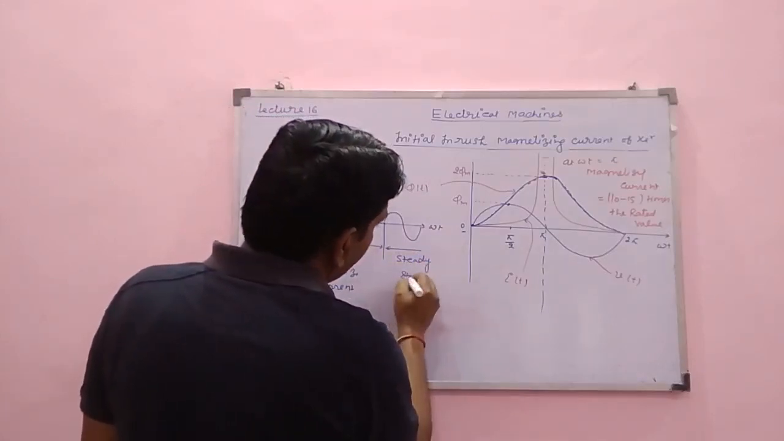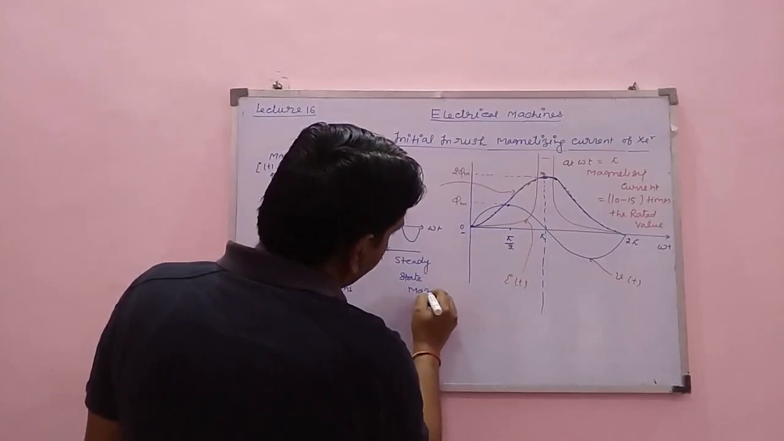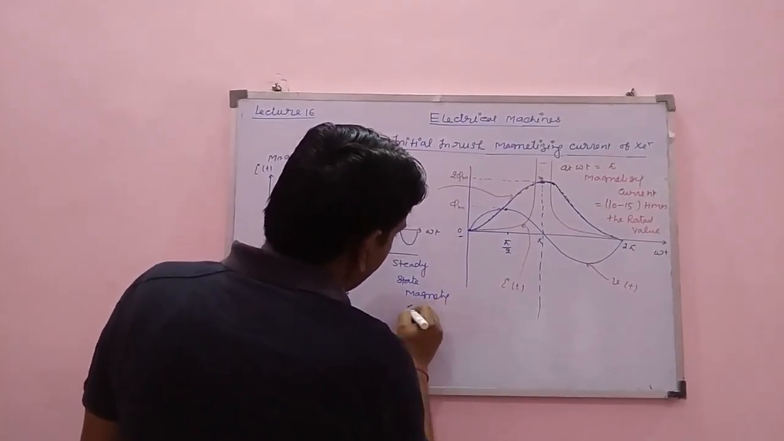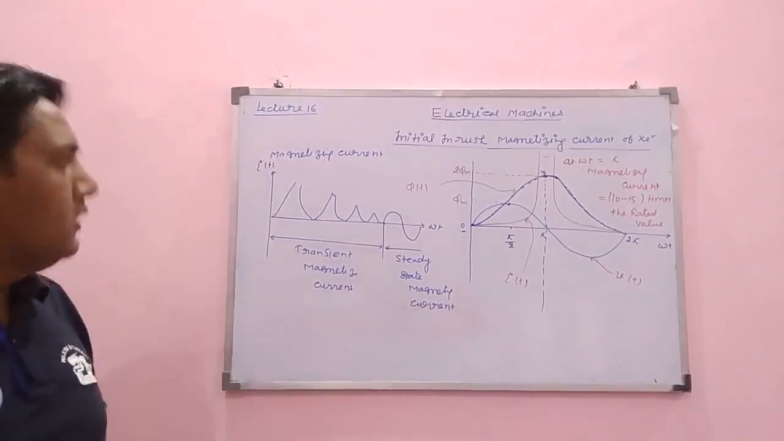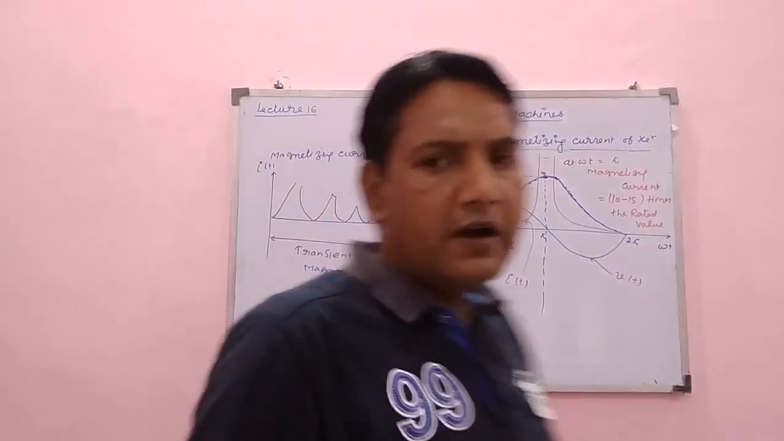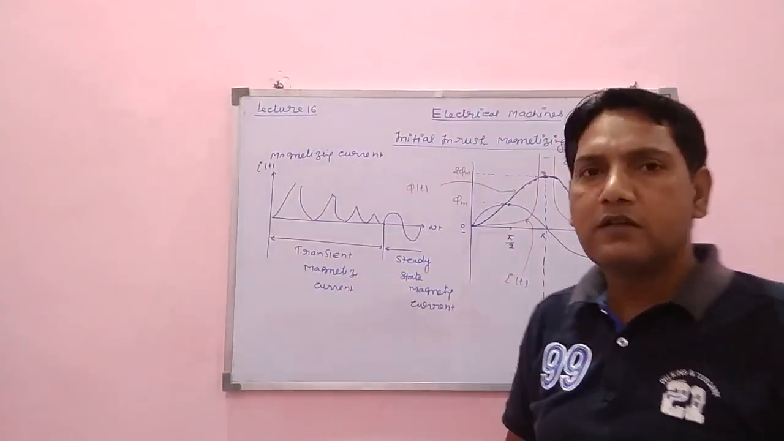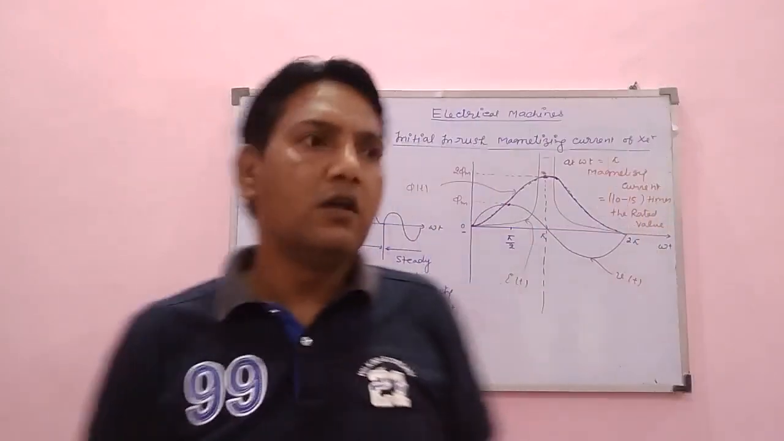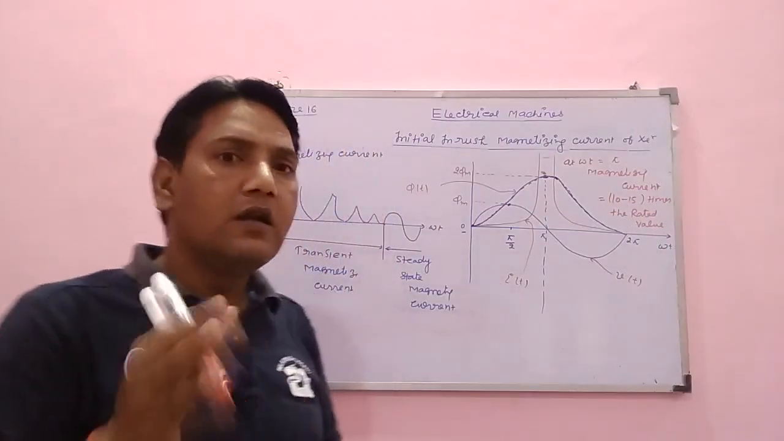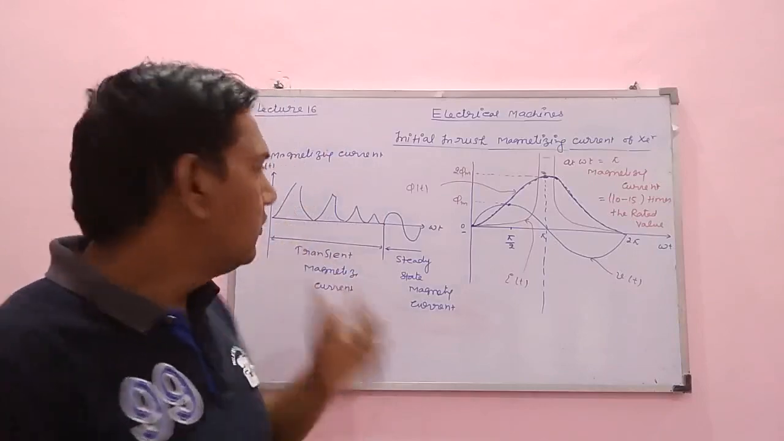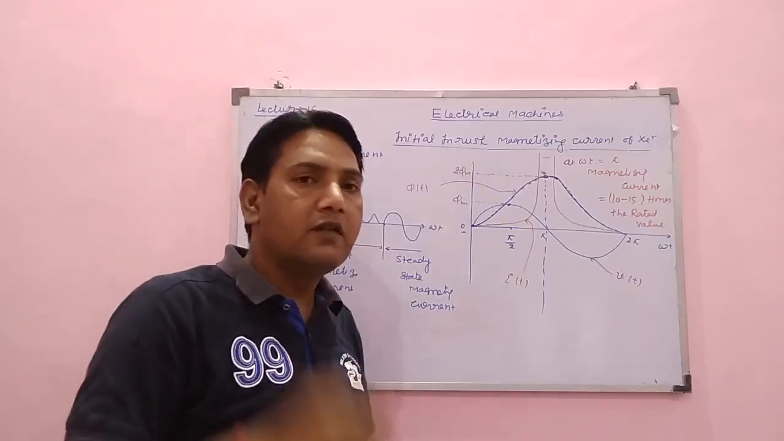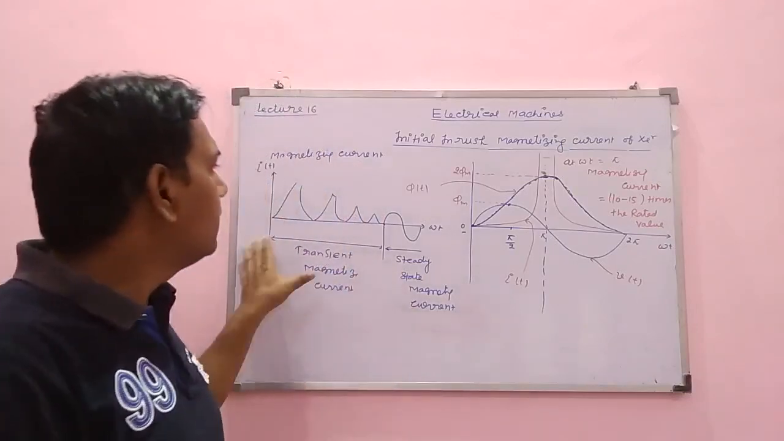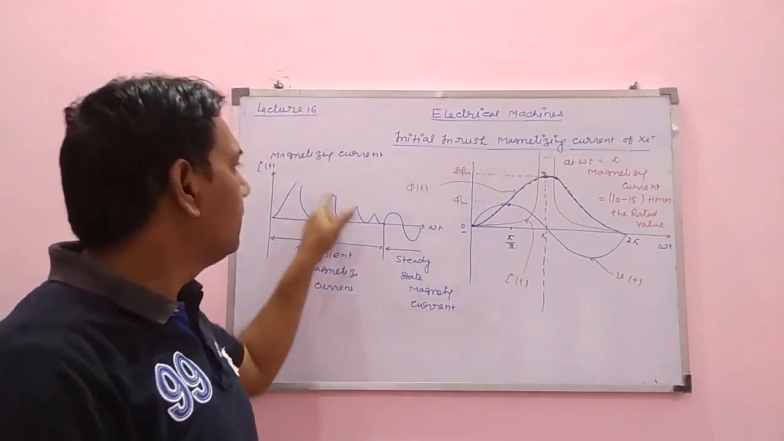Steady state magnetizing current. Magnetizing current. Okay. So you can see clearly here what is the transient response and what is the steady state response. You have studied very well in network analysis subject. So at the time of starting, it is the disturbance period. So during disturbance period, this will